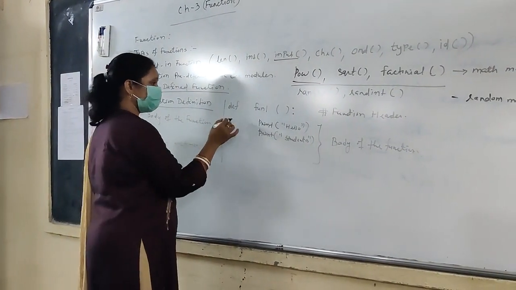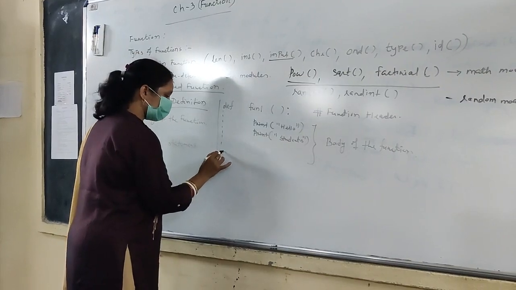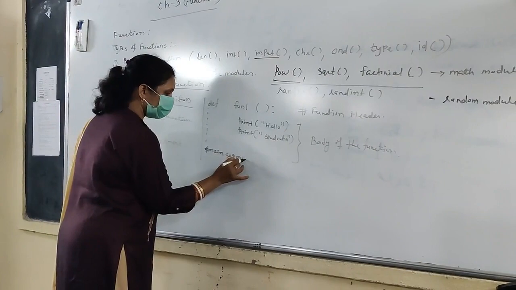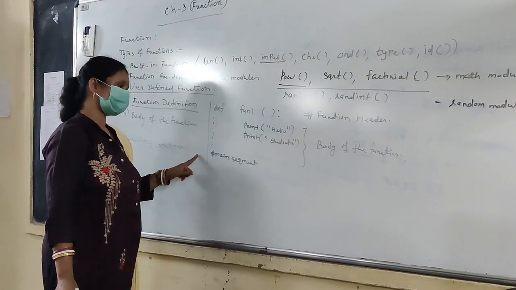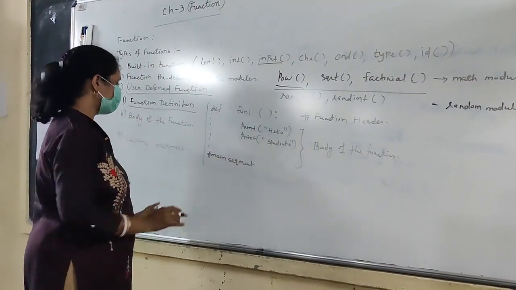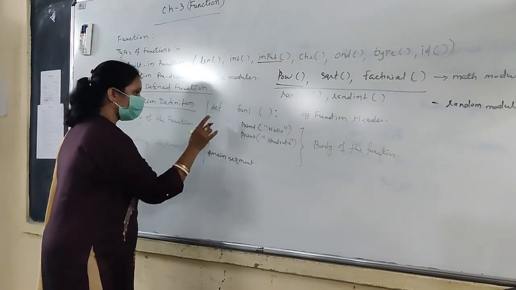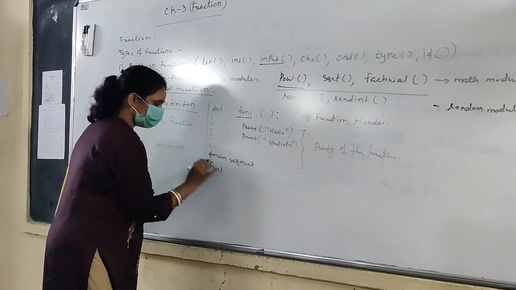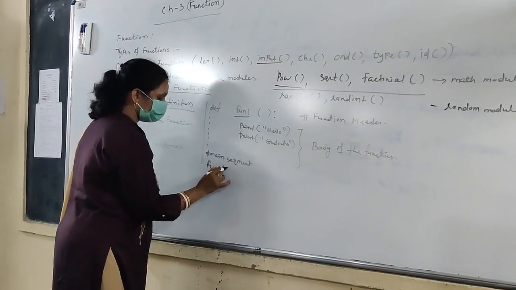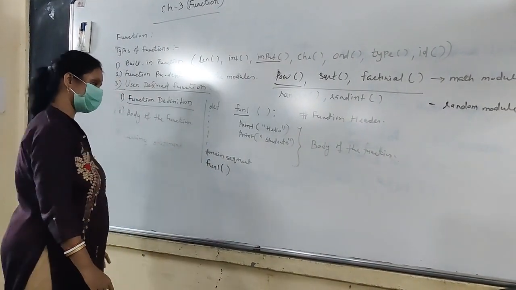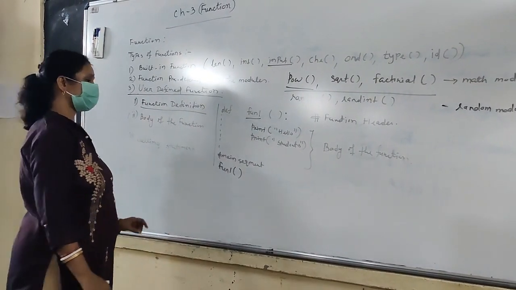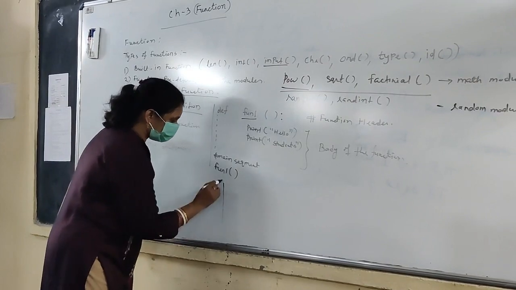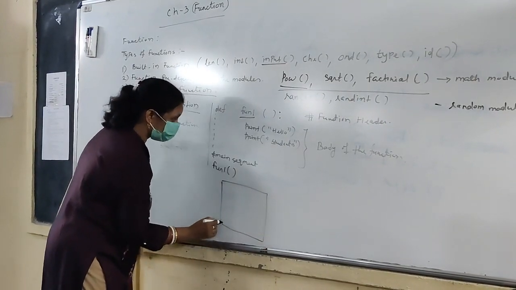So how will you call this function? Here this is our main segment, and you know that our interpreter starts execution from the main segment. So here you need to call this function. What is the function name? The function name is fun1. Then put parentheses, start and close. After that you have to press enter. Then you will get your output. So what will be the output?